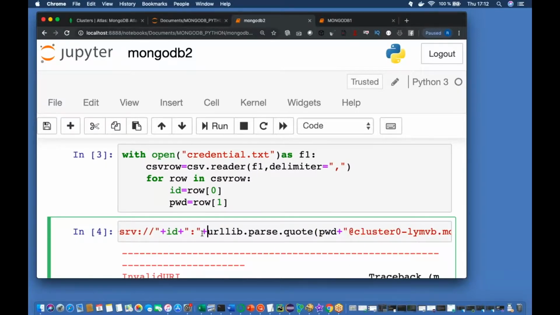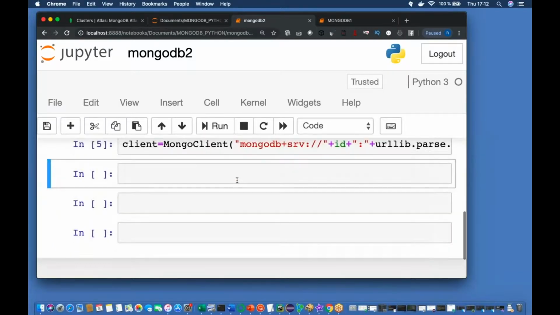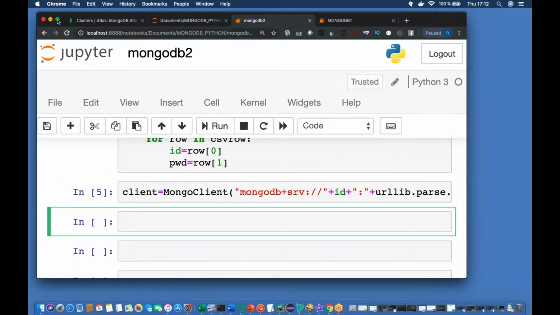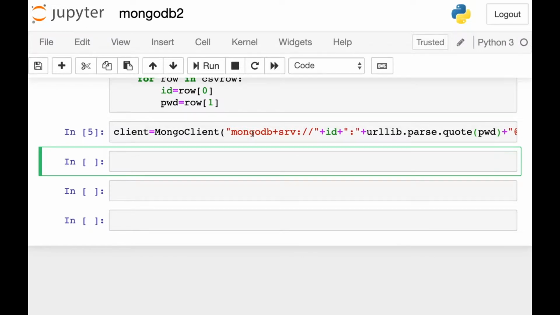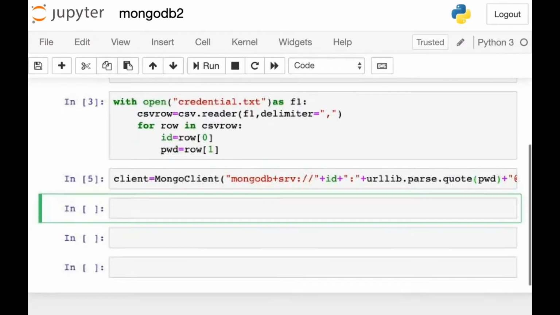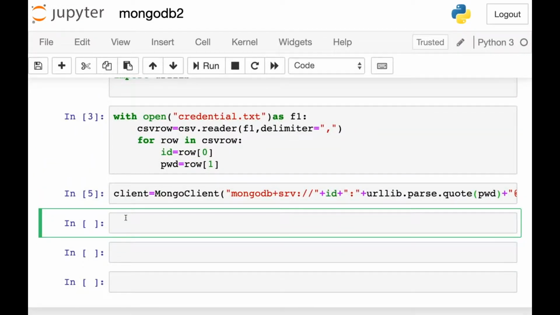So this, and I do this. So done. So now this is the connection string, like equivalent to a connection string, but no, this is not the connection kind of thing, but you guys can think about this in that way. Now I have to get the db, which is going to be client, and this is going to be like